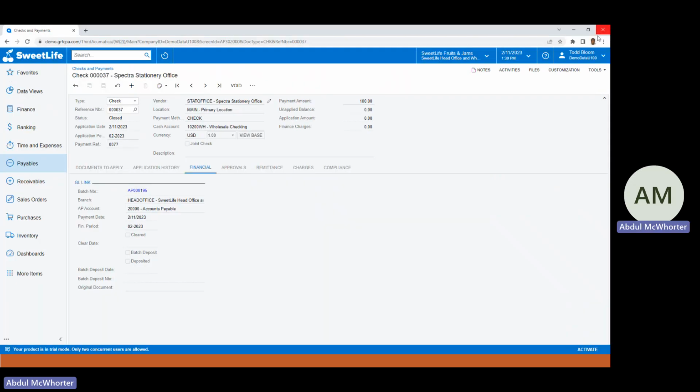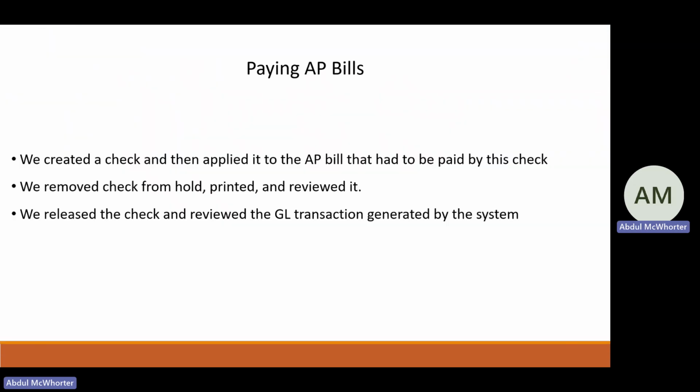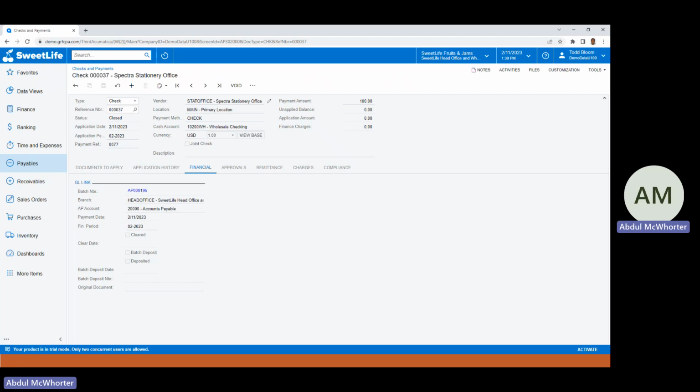Okay, so let's go ahead and close this out. And now let's go back to our recap. And now we released the check and we reviewed the general ledger transaction that was generated by the system. And so let's just continue to move forward. The next item we'll talk about is how to pay multiple bills in Acumatica. Okay, so with that being said, let's just go ahead and jump back into Acumatica,